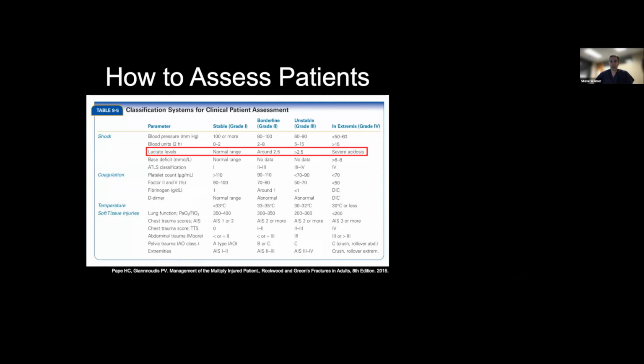And certain cutoffs have been used, whether it's 2.5 or 4 millimoles per liter. The absolute number is one factor, but I think more importantly is there trends in lactate levels. Are they climbing? Are they decreasing? Are they stable? And so these lactate levels are really important. I think one of the most important factors when you're assessing the clinical condition of a patient, deciding whether or not they need some sort of damage control maneuver or more early total care or early appropriate care.